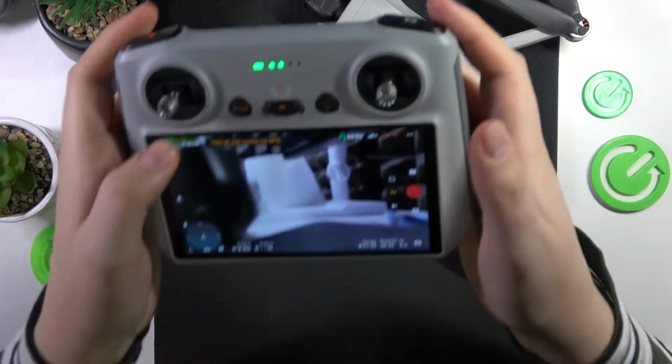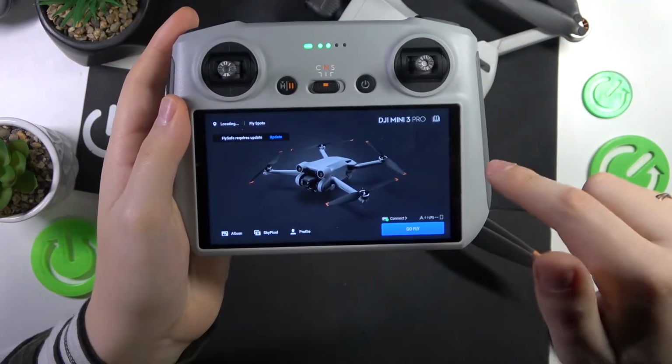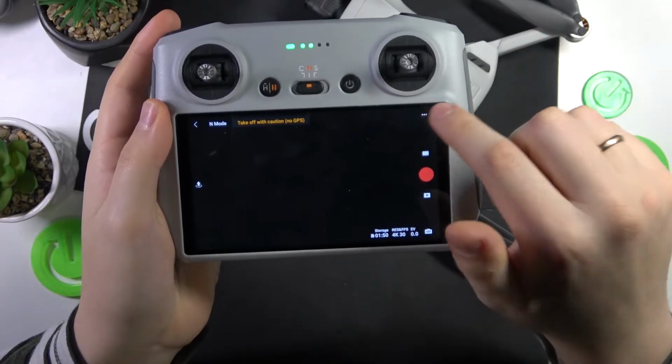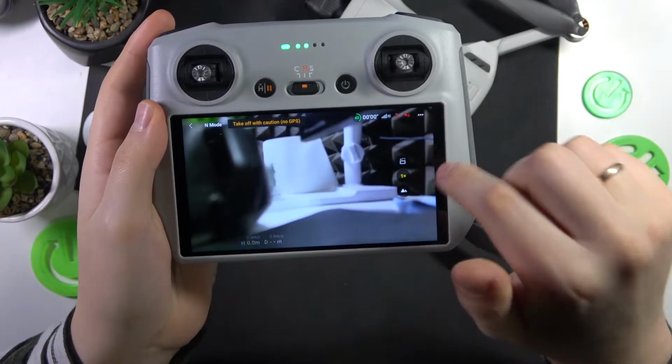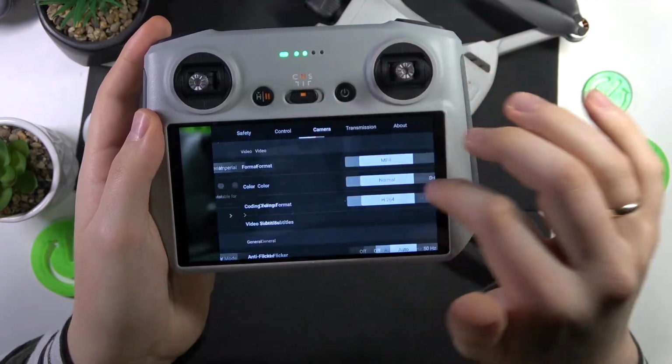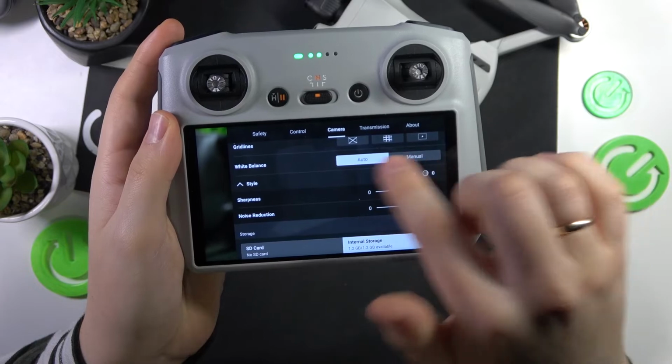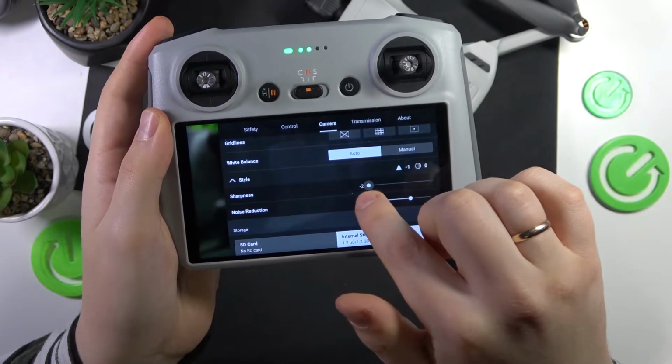So first you will need to launch the DJI Fly app either on your controller or on your phone, then go into the flying interface. Here tap at these three horizontal dots, thus launch in settings, next enter the camera preferences. Scroll down, find the style section, then unfold or expand it, and here is the bar that allows you to change your video sharpness,